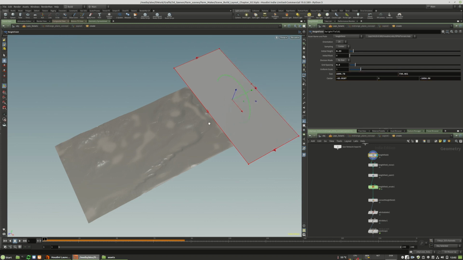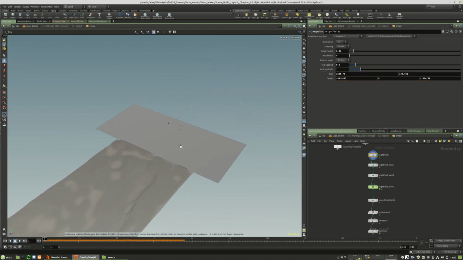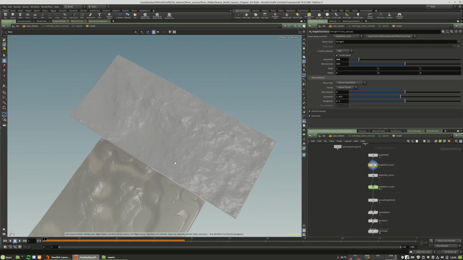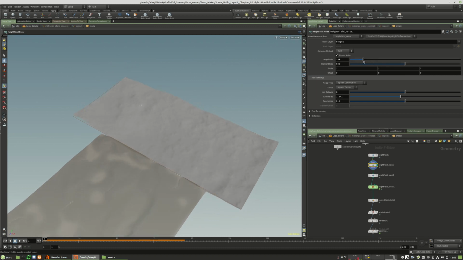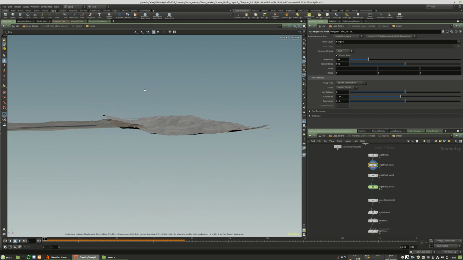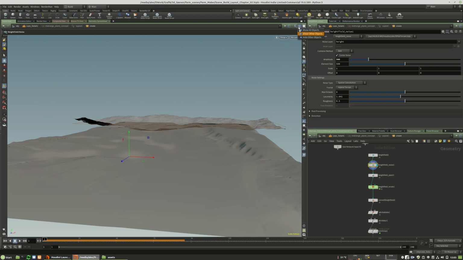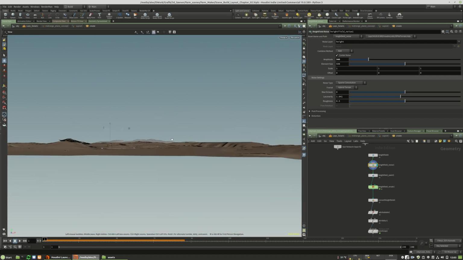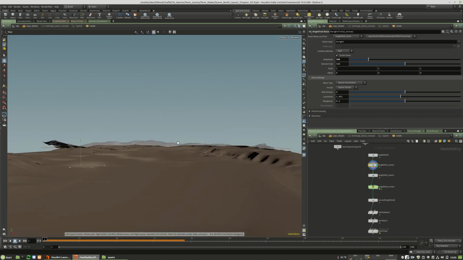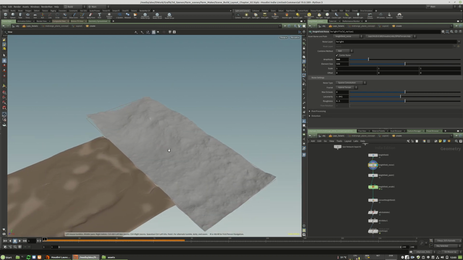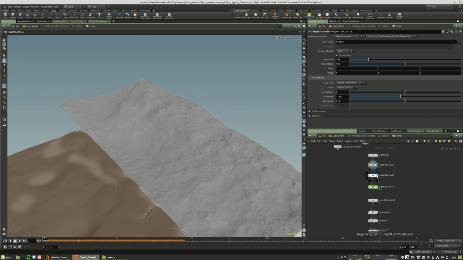We don't need to have so much detail, so we will crank up the grid space again. Maybe we add more of our noise. So, and now we will look through how it might look. Not enough, so okay. Next, what we do is